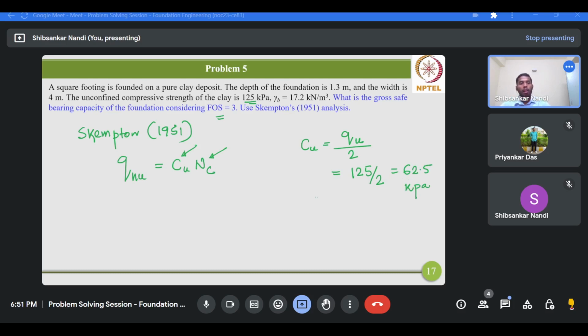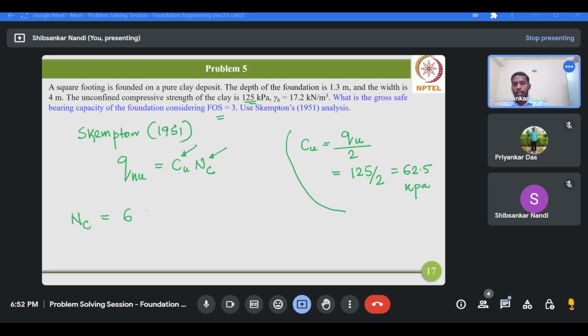Okay, so this is the undrained cohesion of the clay deposit. Now, what about the bearing capacity factor from the cohesion contribution? For Nc, Skempton basically gave various expressions for various types of footings and for various depth-by-B ratios. For example, for the square footing, Skempton provided the Nc